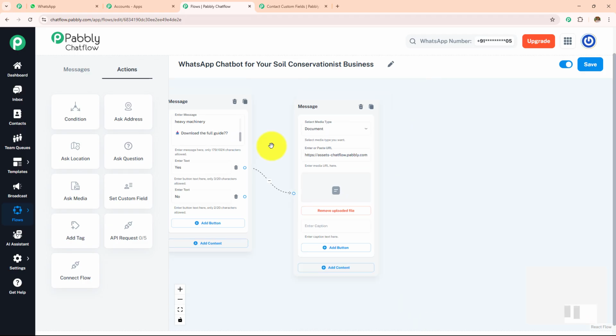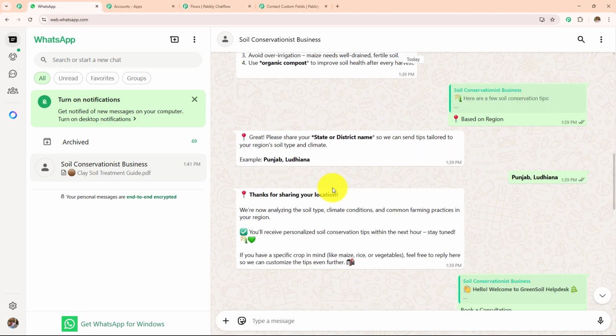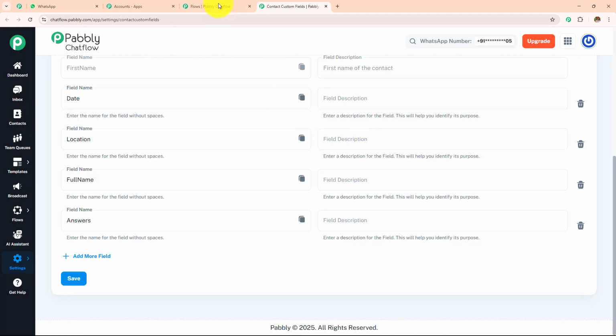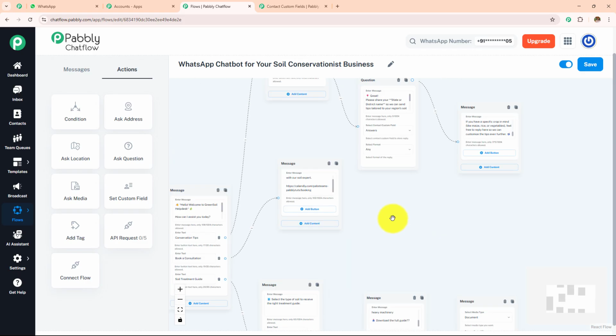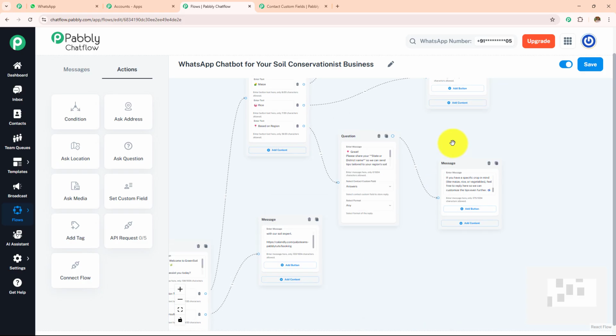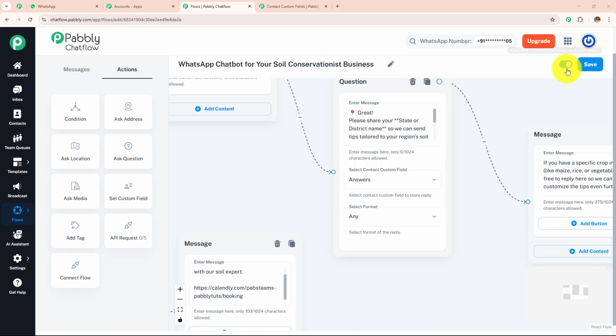So here we are done with all the buttons and messages. This is the same exact WhatsApp chatbot which I have created, and I hope this is clear to you now. All the fields, all the options, all the messages and buttons. In a very similar manner, you can extend your chatbot and you can create more buttons and messages using all these features. We just need to make sure that we have activated this flow. If the flow is inactive, the messages won't be sent, and after activating this flow, we have saved this flow. If we do not save the flow, the messages will be lost. So here, flow updated